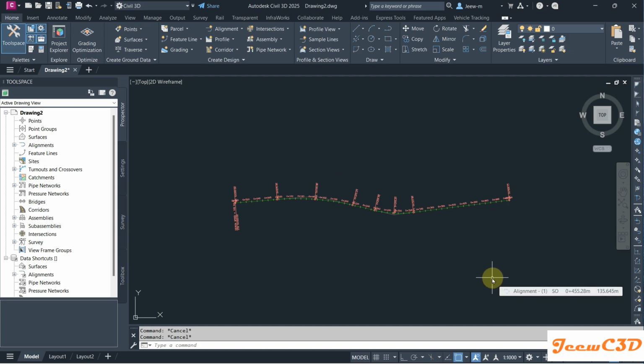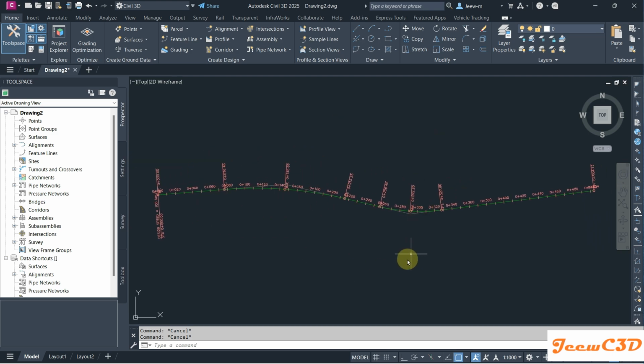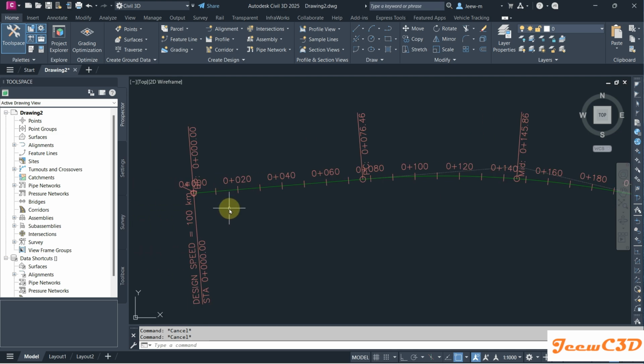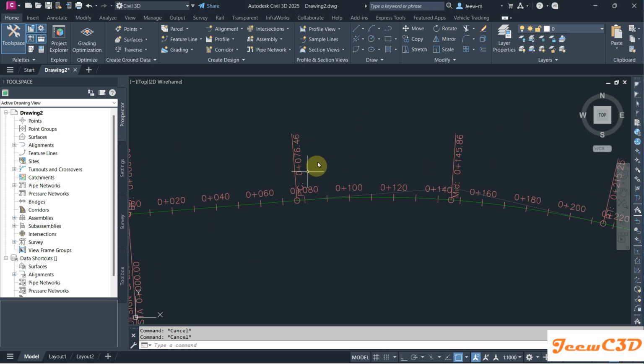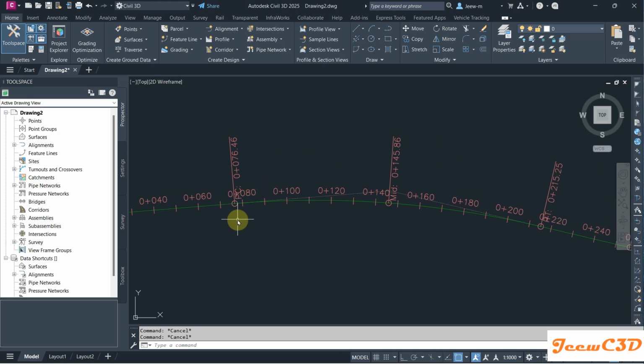In this video, we are going to look at how to change the label sets or alignment labels in Civil 3D. Currently on my screen, I have an alignment. You can see we have some labels here, chainages or the stations at 20-meter interval. We have the design speed and we have labels at the alignment geometry points like curve start, curve midpoint, curve